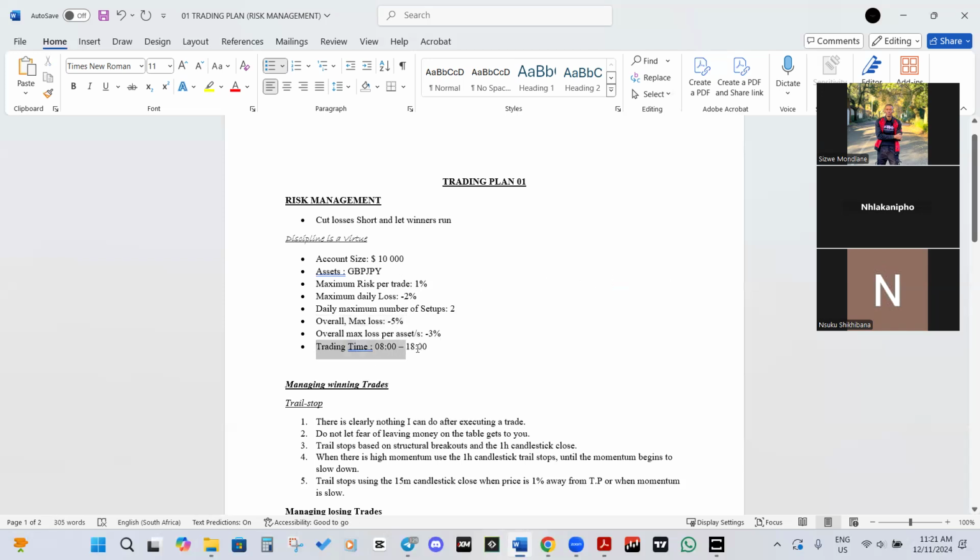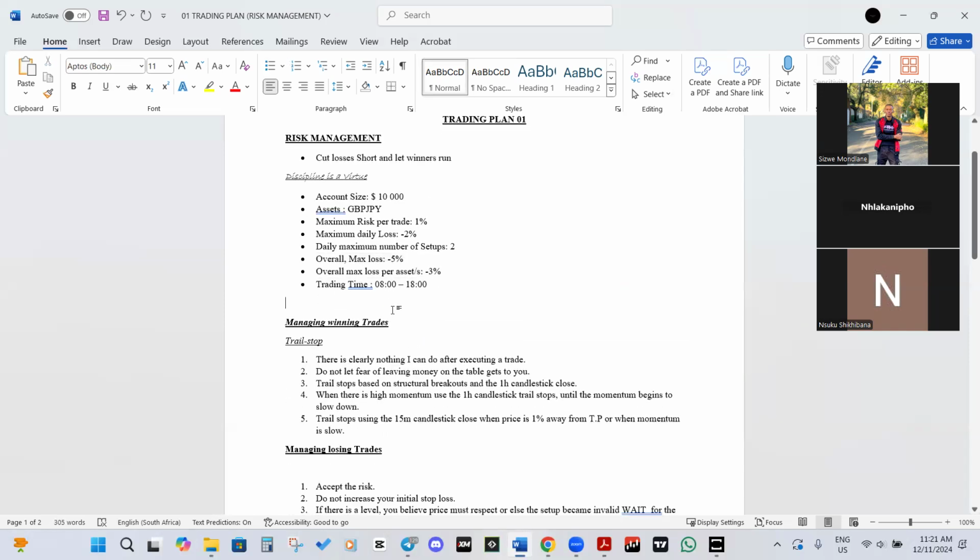And then trading time. This is based on you and your working schedule. I don't know which one you put here. As for me, it's from 8 until 6 p.m. This is execution. I can only execute the last trade at this time. Yes, I can hold trades overnight if it happens, but the last and the first execution is this one. So let's say you executed at six, I'm at 6 o'clock. You can hold the trade maybe until the morning.